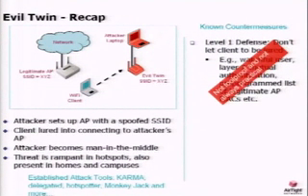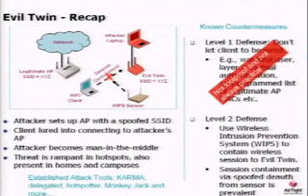One more interesting thing to note in this approach is that it requires some kind of client-side software to basically ensure that the client is not connecting to Evil Twin APs. And as we all can expect, the users can manually turn off that software and go ahead and connect with the Evil Twin. So this necessitates a level 2 defense. The level 2 defense we are looking at is what is known as a wireless intrusion prevention system,